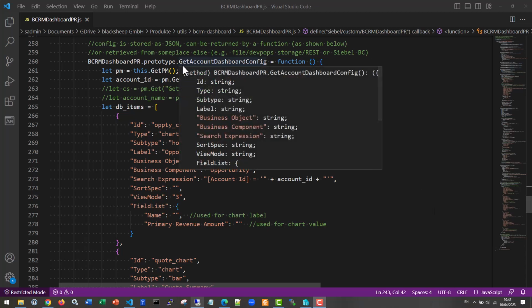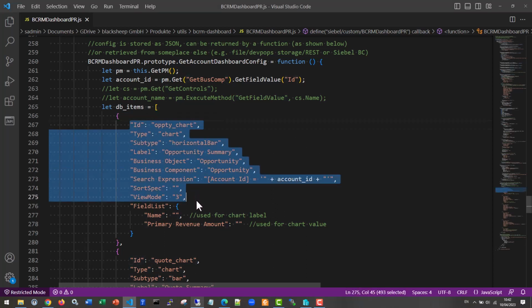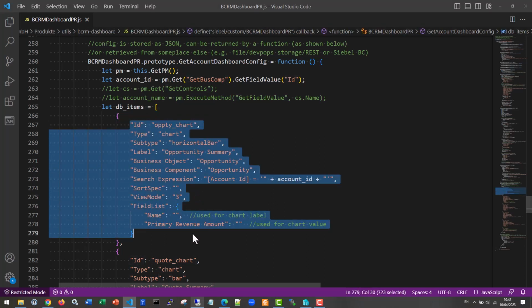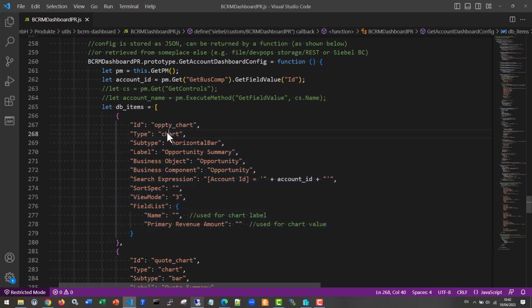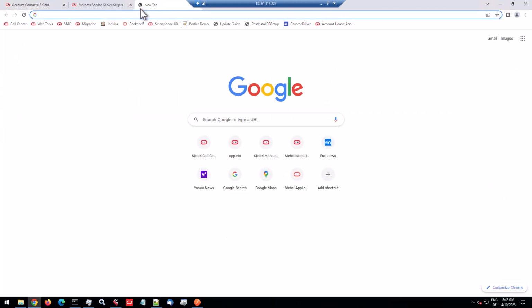So this is just one way of doing it, but here we have a clear definition of each and every dashboard item that we want to render. We have defined, for example, a type, and the charts in the dashboard. Well, of course, dashboards without charts, that's boring. So we want to have charts. And for this case study, we chose